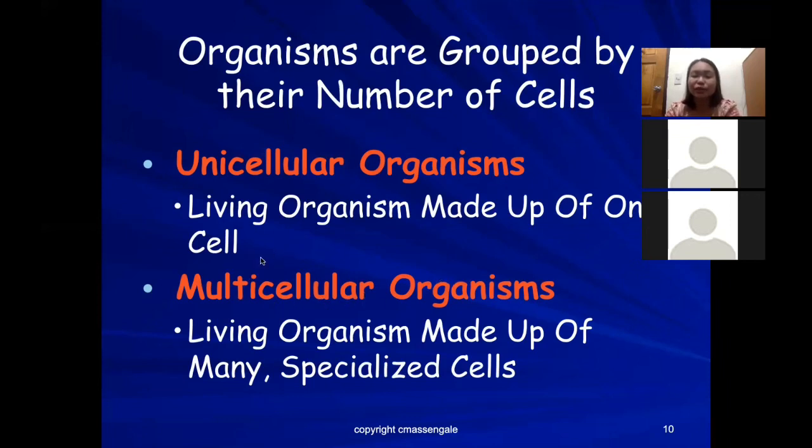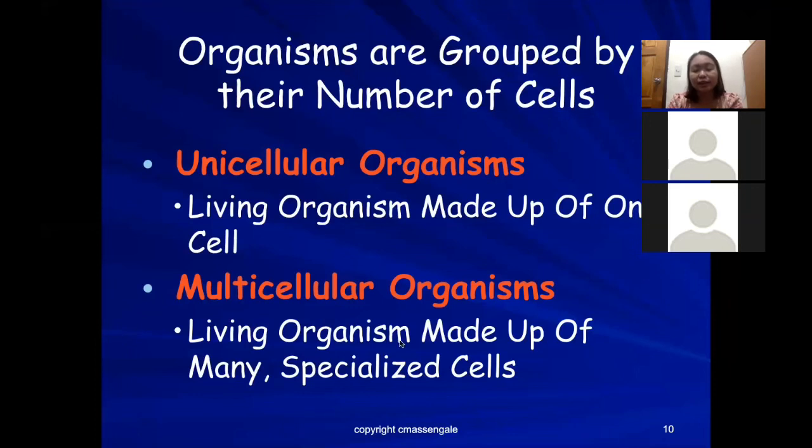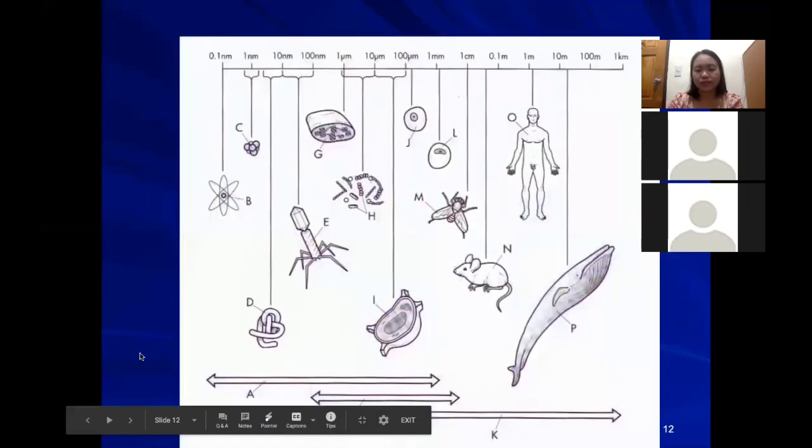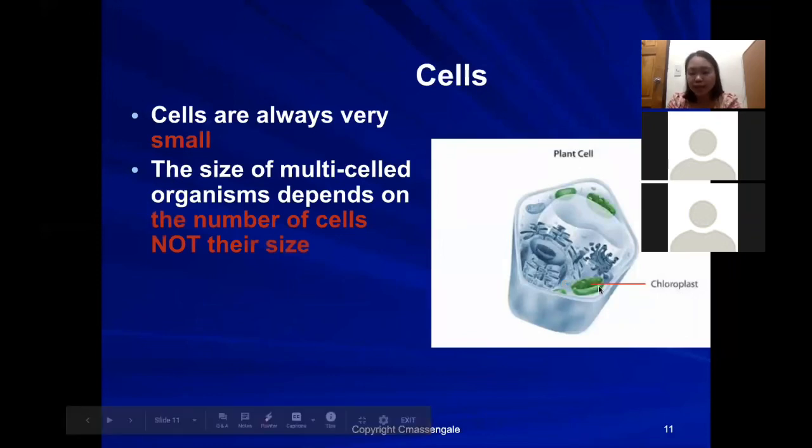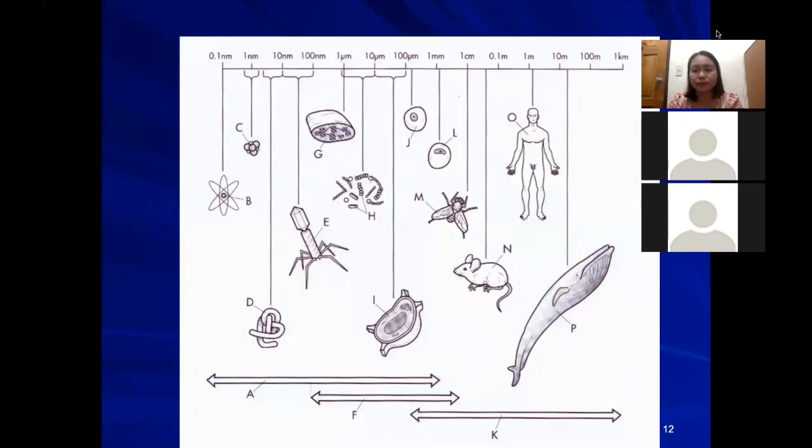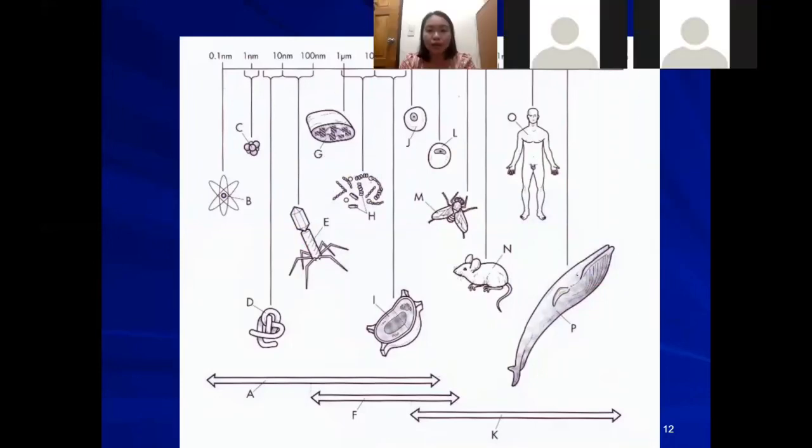The organism is unicellular if it is made up of, of course, one cell. And if multicellular, it's many, and it's very specialized. So cells are also very small. As I have said, the size of organisms is not based on the increase in size, but the increase in the number. So this figure will show you how to differentiate the different